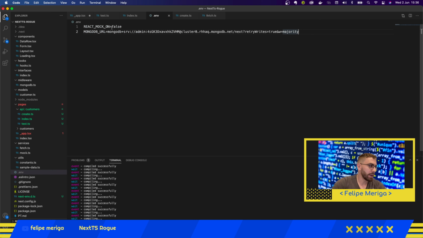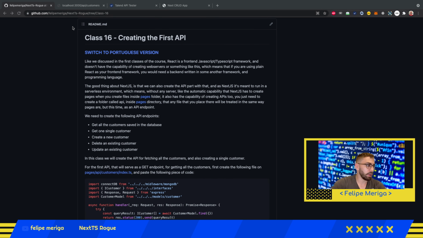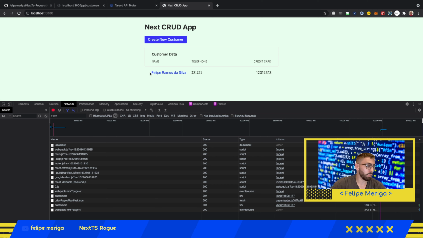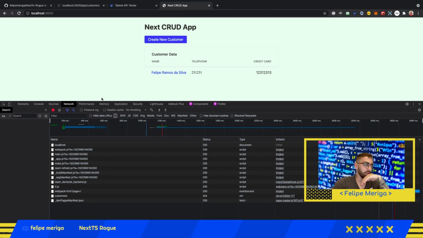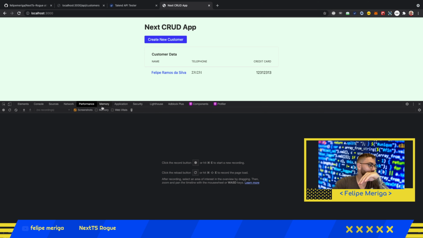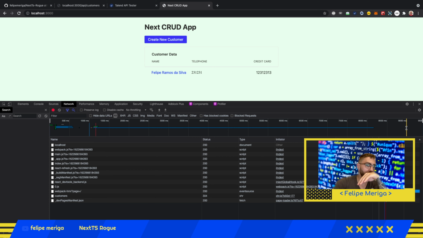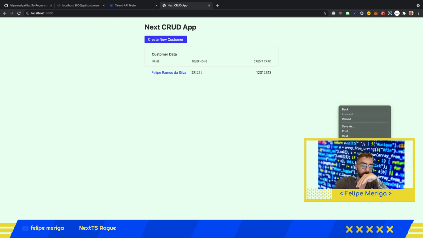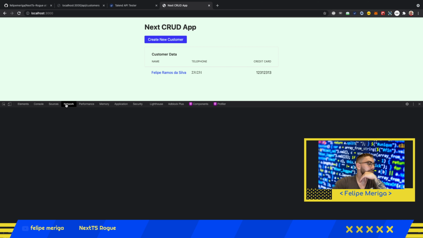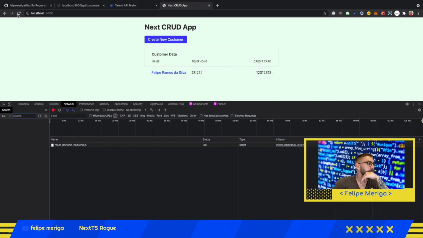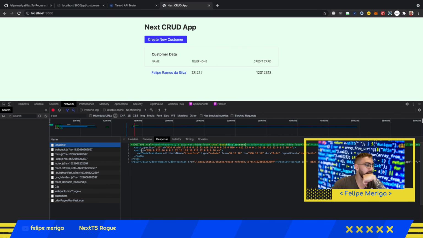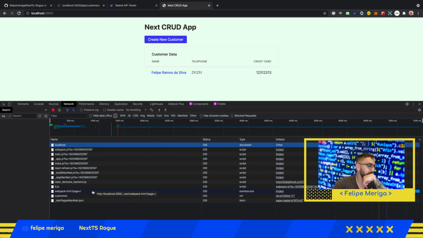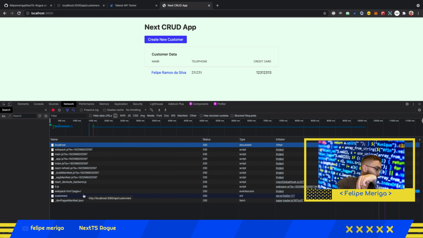Remember that I switched the React mock count to false because we want to use the APIs that we have created now. And if we go to Next, we are going to check, if we reload the page, we will see the network. Basically, if we go to the network tab, if you don't know how to open it, just go to inspect in the browser, and then go to network. And then if we refresh the page, we can see that we got a lot of requests, but we also got our localhost